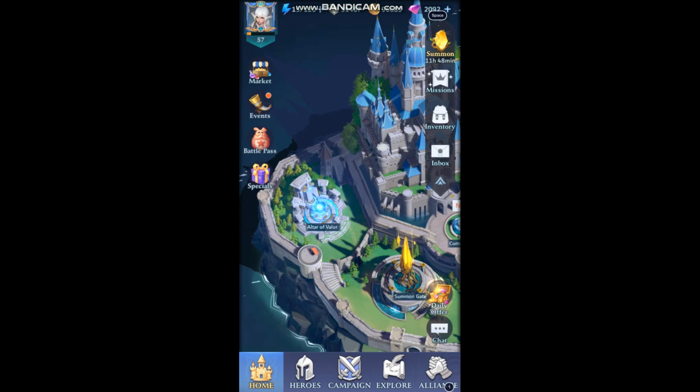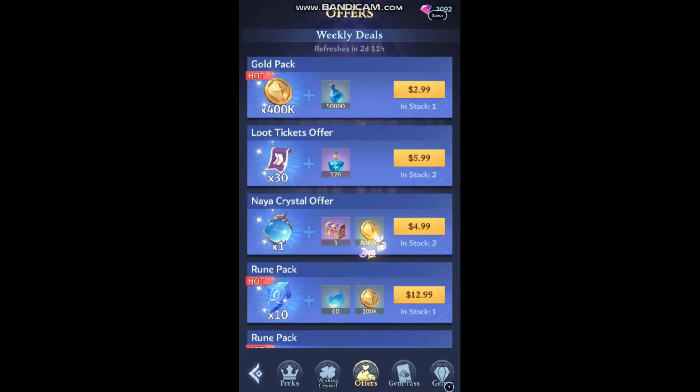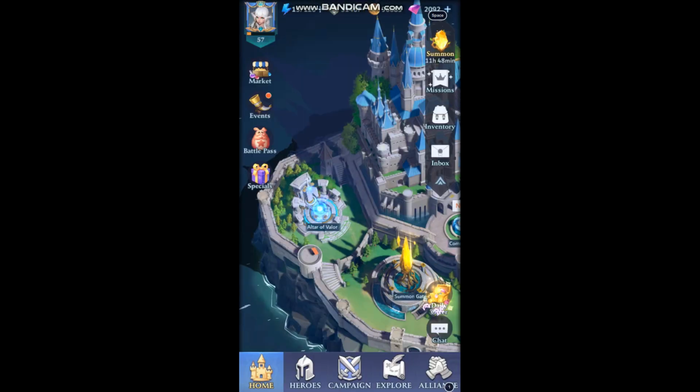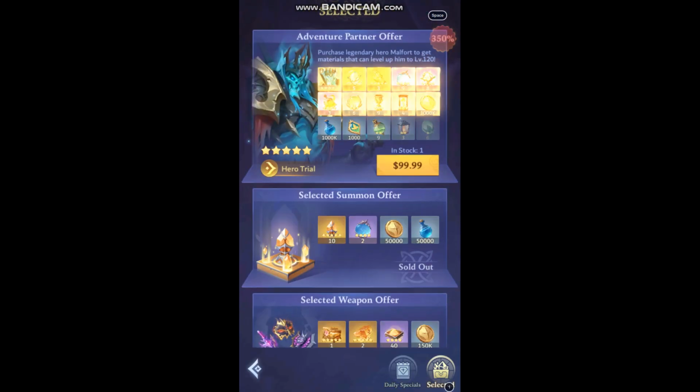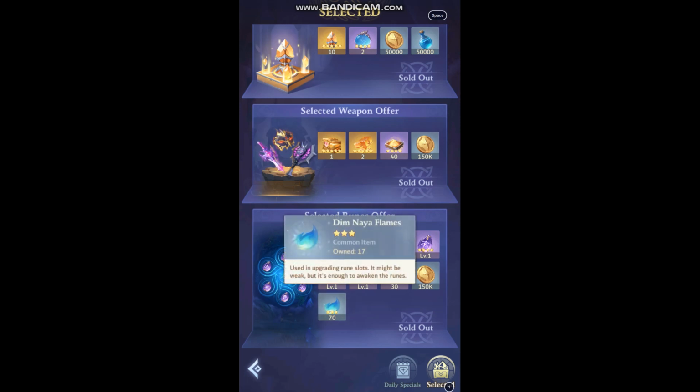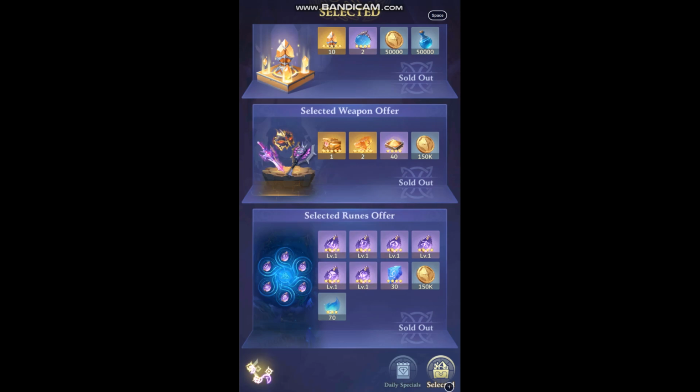The only other way that you are getting runes is now they have a market to buy rune packs here. And then there's probably a daily offer in here for a selected rune offer. So 30 chances at legendary or any of the other rarities. And these are very important. These dim Naya stones, they're not too common. So getting them to level up the slots,